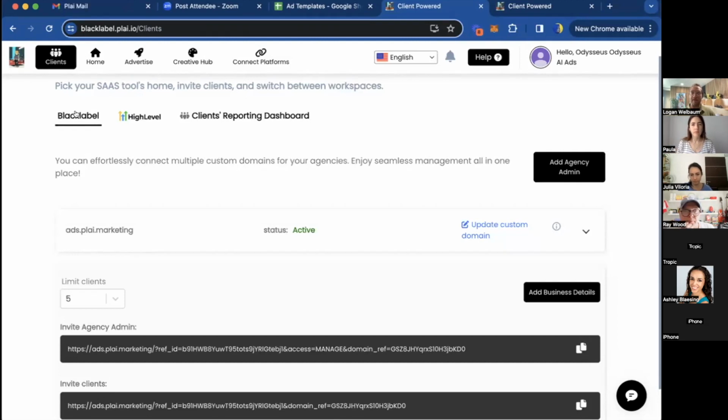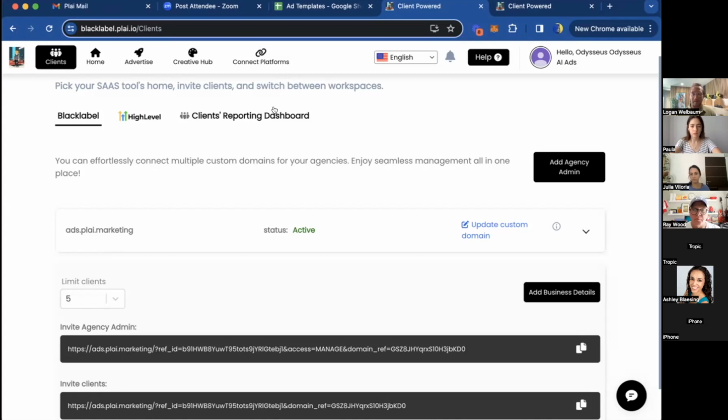You can have agencies underneath you, but I think this is really great for franchises. Let's say you're working with Burger King, for example. Burger King could have their own white label account and they can see all of their franchises underneath them. So they can have custom templates for each of their franchises and control the overall process. Franchises would be really useful for this, whether it's car dealerships that have a certain franchise or others, because it allows that overall franchise to control the creative process.